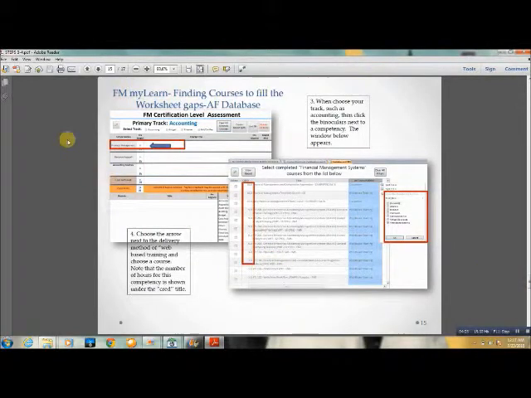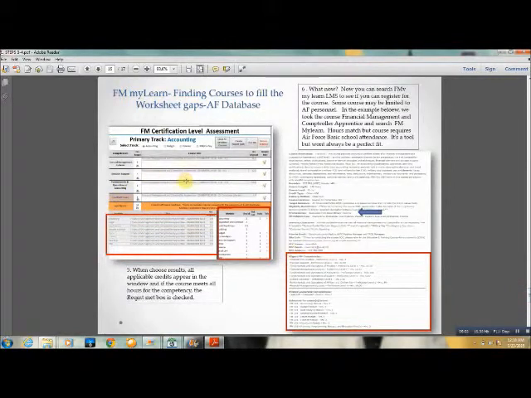When you do, you can go ahead and choose a primary track up here, and when you do that, you're going to see some little binoculars next to the competencies. When you click on that, this sheet comes up that shows you all the courses that are mapped to that competency with the credit hours here. You can use the drop-down arrow next to delivery method to do something that's similar to FMONLINE as far as querying out. So we'll go ahead and choose web-based courses right here. And when you do that, it populates the number of hours that you would get for